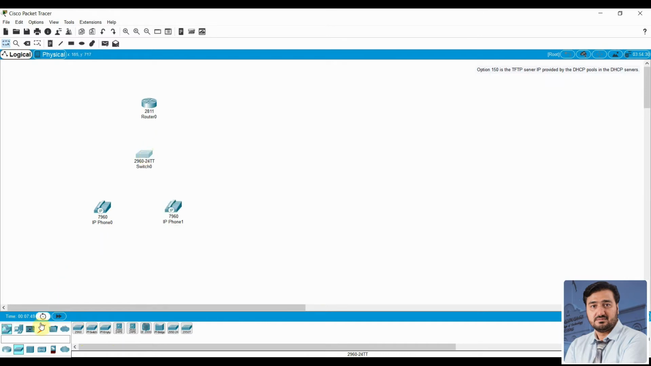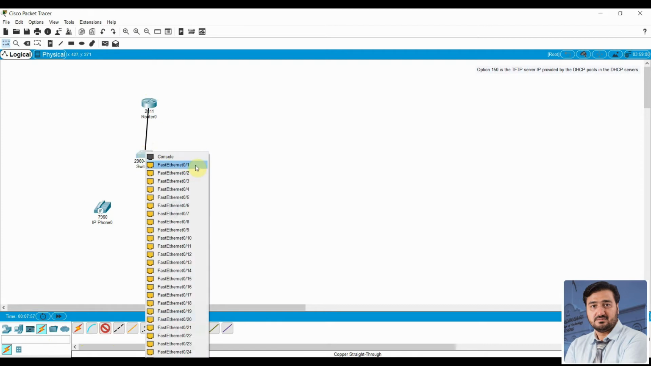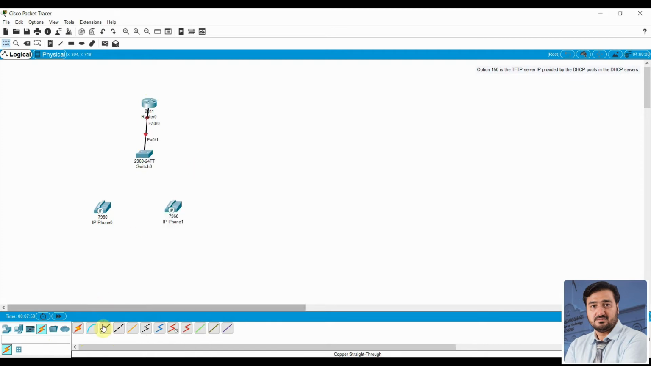Now we need to connect the devices. From here to here we can connect FA0/0 to FA0/1, and this one I can connect to FA0/2 to my IP phone, to the switch, and FA0/3 I can connect to the switch here, switch to the switch port. Once done,